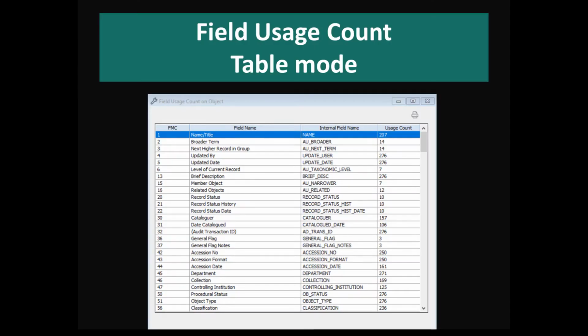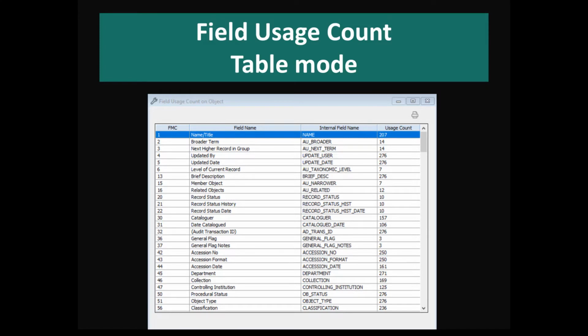One of the more technical tools which we provide is the field usage count. So that will summarize either for a group of records or an entire file how many times each field has been used.